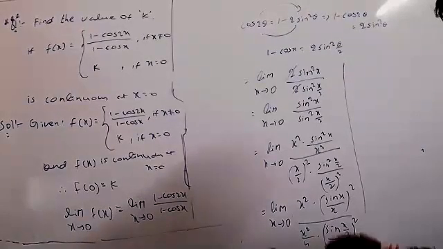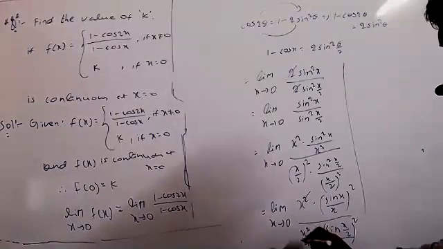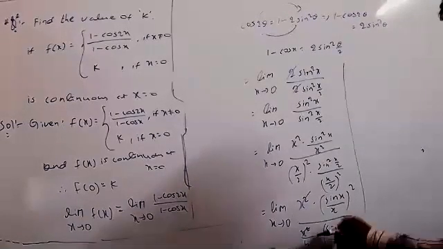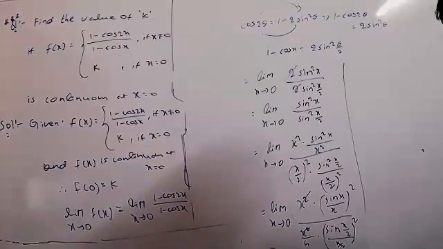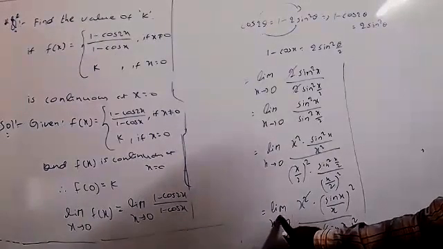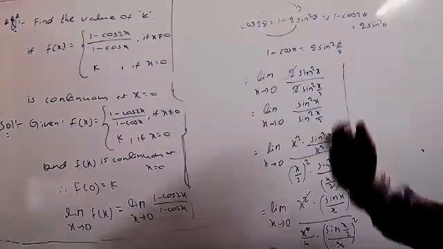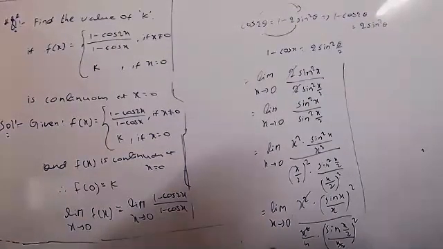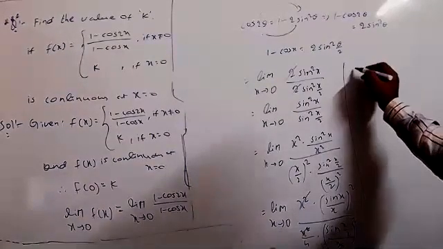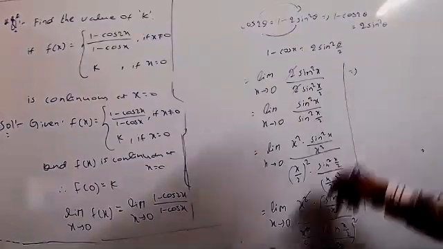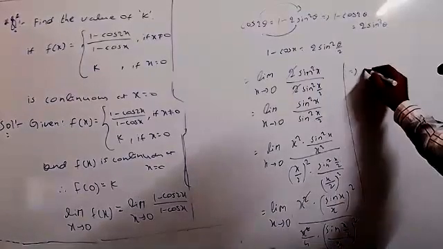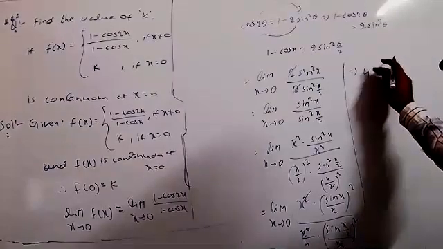Both sides x square will be cancelled. The 1 by 4 is there now; take the reciprocal, and we are getting 4 into. But this limit belongs to both numerator and denominator; we already know very well that limit x tends to 0 of f of x by g of x. So if you take the reciprocal, 4 you can take outside: 4 into